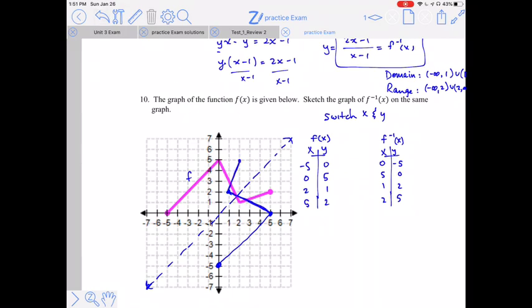So those are some of the major topics you can expect on this Unit 1 exam. Once you've corrected your practice exam and looked at these answers, I would, like I said before, highly suggest you go through that reflection process. Look at the learning target that the question is asking about. For example, question number 10 is a learning target from section 2.8. Consider your mastery level of that learning target. Do you need to go back and do some more of the homework, or look at the unit review, look at your notes, maybe do some problems in the textbook that weren't necessarily assigned as homework but would give you extra practice,